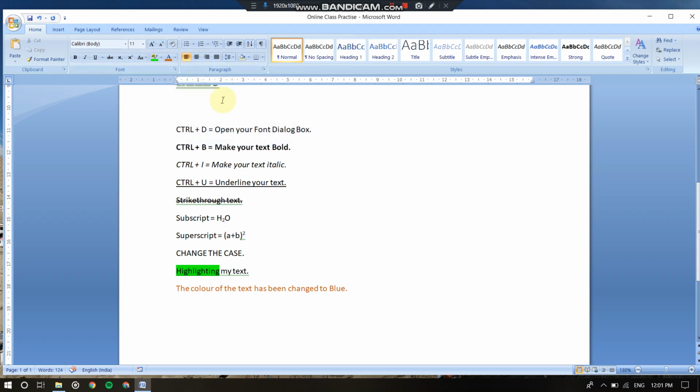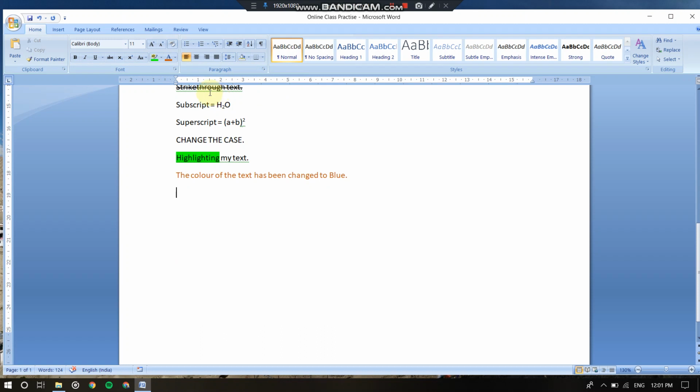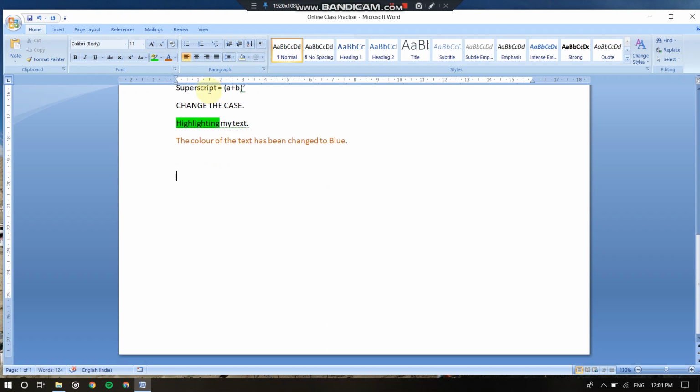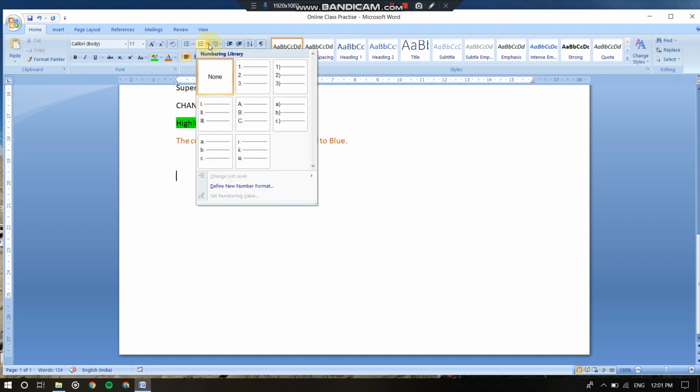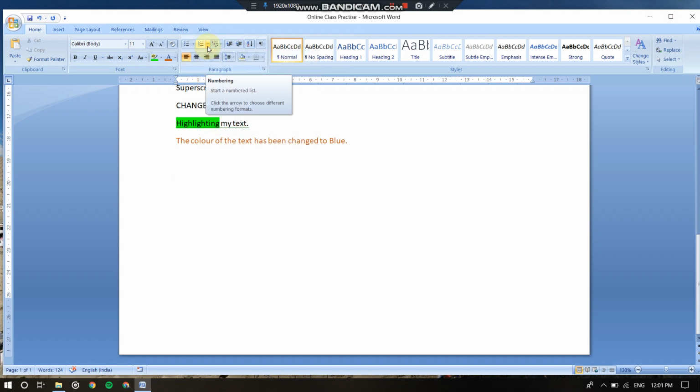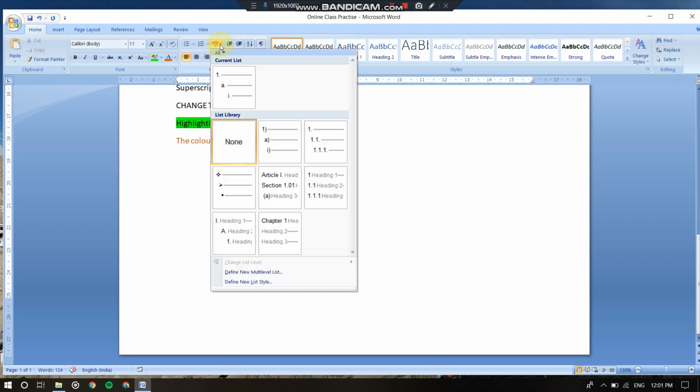Okay, moving on to the paragraph. Okay, moving on to the paragraph, we'll be starting a new one. So for example, here we have a list of ribbons, that is to apply the bullets and numbering. This is the bullets, okay, whatever kind of symbols you want, and this is the number if you are typing something, and you're creating a list, a grocery list, a point-wise features list, okay,